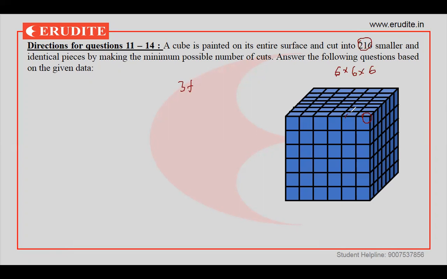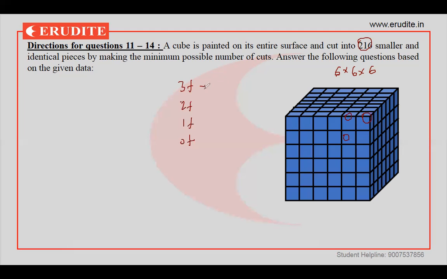Look at the cube next to this one. How many faces painted? 2 faces painted. Look at the cube behind it. How many faces painted? 1 face painted. And try to imagine the cube just behind this one. How many faces painted? 0 faces painted, because that is not a superficial cube. That is inside. Color couldn't reach there. And no cube can have more than 3 faces painted.